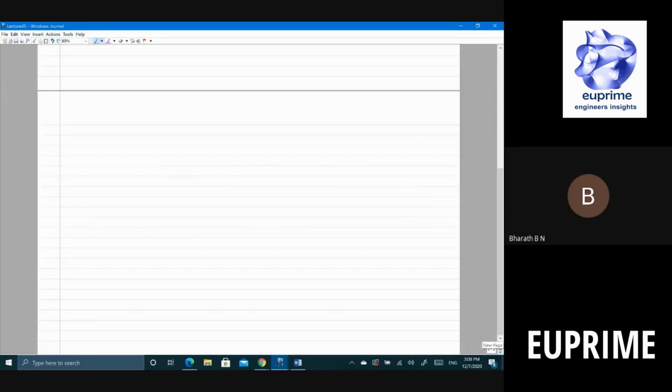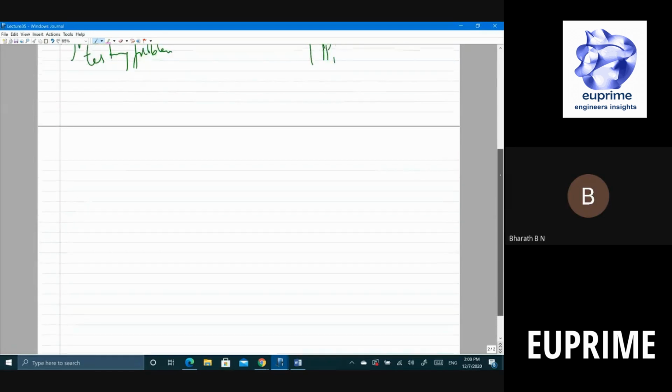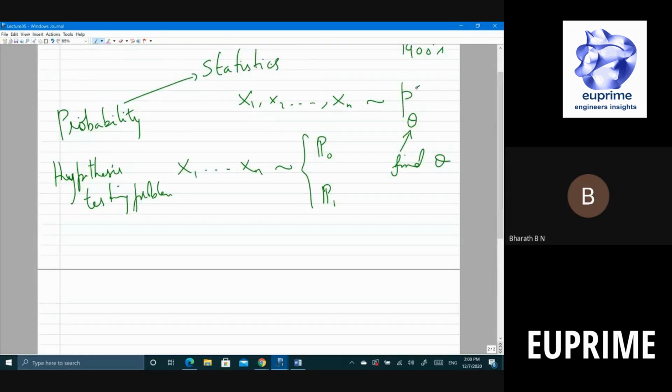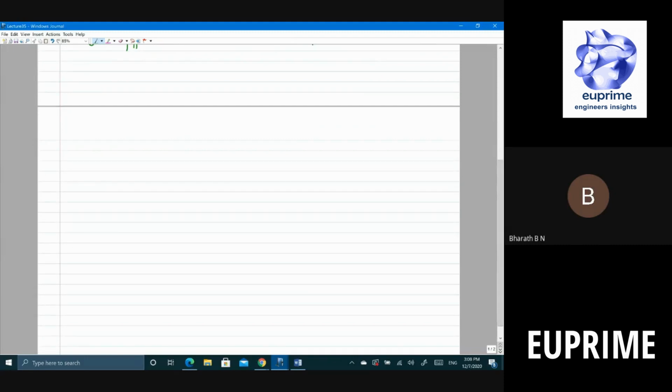Now what happened over the years is that in statistics, generally people assume that you know this class or family of distributions, or you know P0, P1, etc. What happened was, when people started collecting a lot of data electronically, and also with the advent of neural networks, they saw some patterns in the data. For example, you can extract certain patterns.